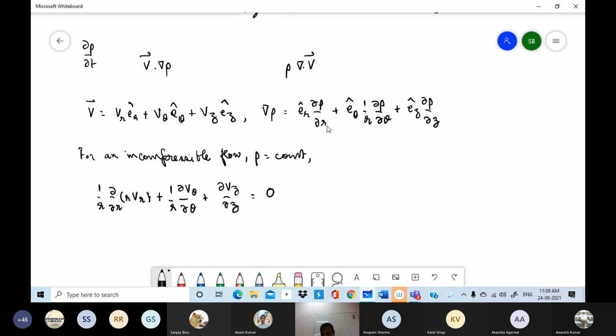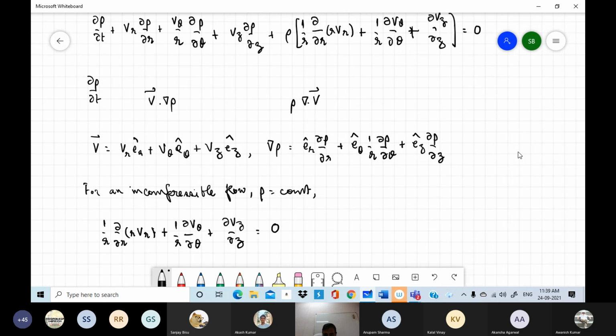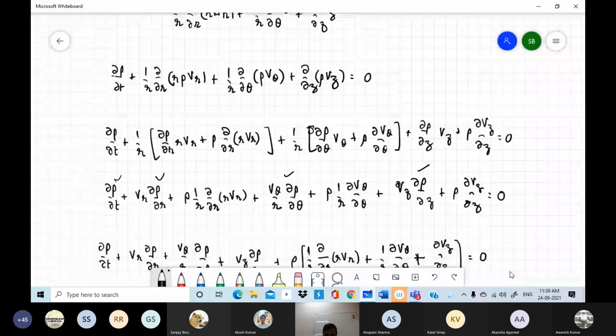Now r has dimensions of length. z also has dimensions of length, but theta is an angle and is dimensionless. So it doesn't have the dimension of length. So an r provides the dimension of length. So we can make out that with the theta, this r must be there in order to satisfy the right dimension. Otherwise, looking at it another way,